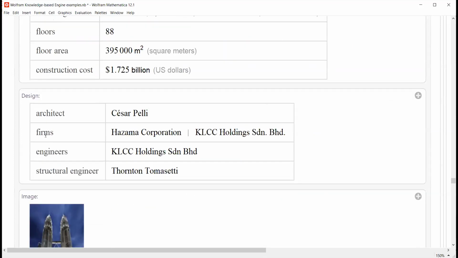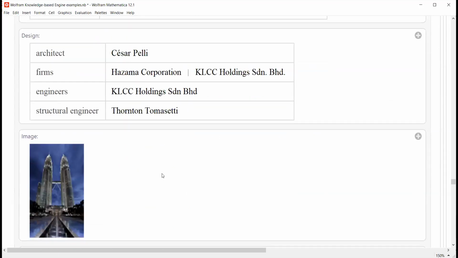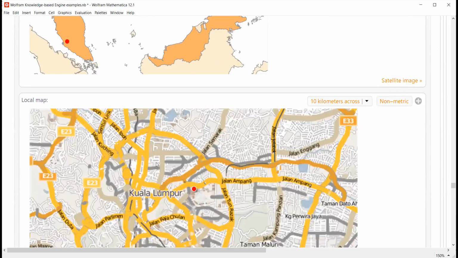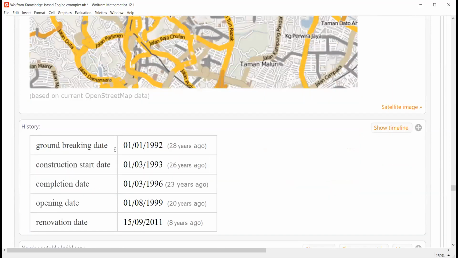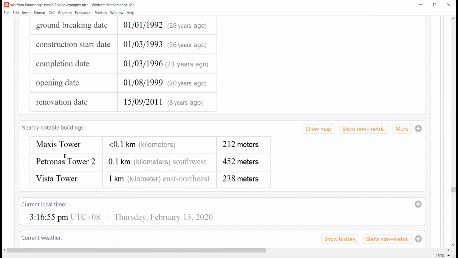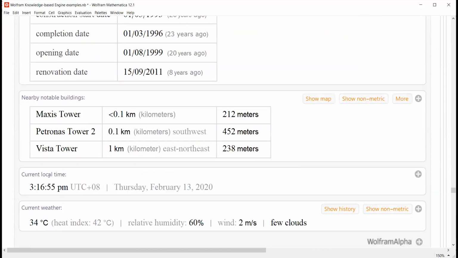Okay, and who is the designer, the structural engineer, is all summarized here with the image showing the location, the local map as well, and their important history dates, okay, and their nearby notable buildings, and the current local